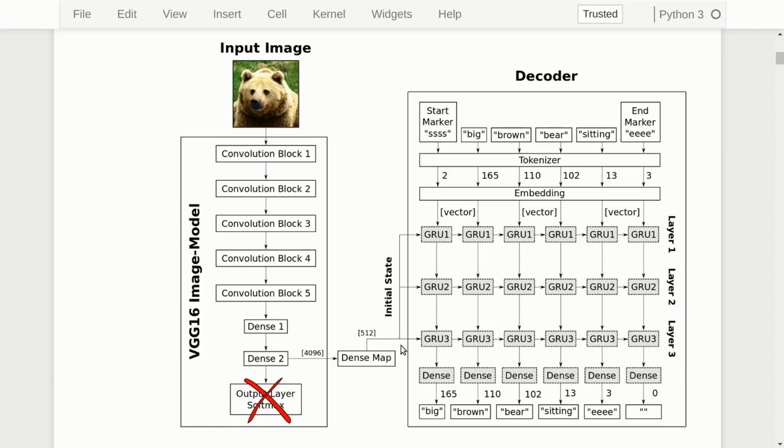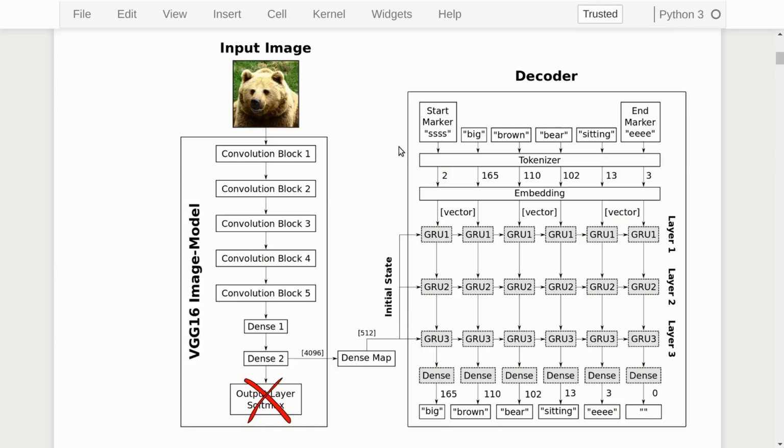Now the decoder is actually run in two different ways, and I'm not sure I made that entirely clear in the previous tutorial on machine translation. So let me try and make it clear now. We run it differently depending on whether we are doing training or inference. During training, we give the decoder 3 inputs. We give it the initial state, which we have just calculated from the pre-trained image model, and this summarizes the